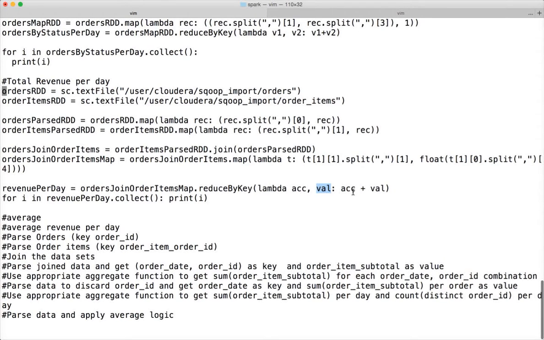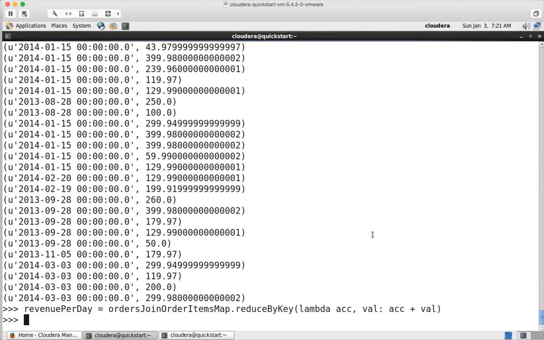So as the input and output data types are the same, and also the combiner and the reducer logic are the same, we can directly use the reduceByKey, and it's pretty straightforward. You just copy paste this function where we are getting accumulator and value, and we are adding values to the accumulator moving forward, and the accumulator will hold the result for each key, the total revenue for each key. Hence we can actually copy paste this, and then we can do for i in revenue per day